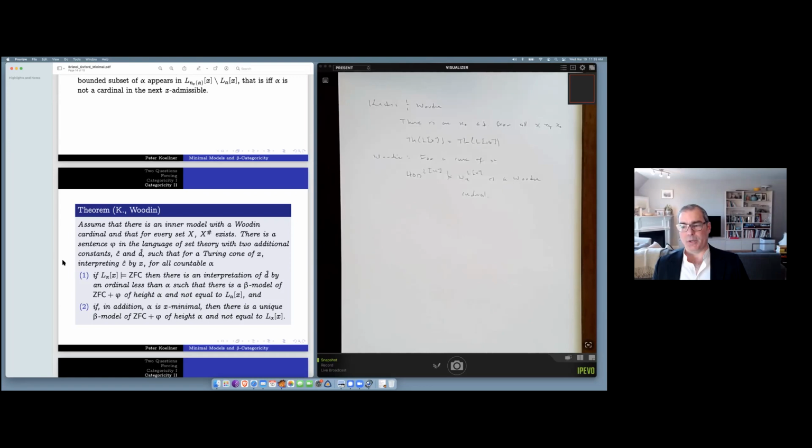Okay, so the open question that we were looking at before was trying to get around Friedman's theorem at the level of minimal ordinals by getting beta categorical theories whose minimal model was not L alpha. Now everything's relative to a real. So we're looking at beta models which are not equal to L alpha of x. And in addition, if that ordinal alpha is x-minimal, so you're not in the Friedman regime, then there's a unique beta model of height alpha, and it's off to the side of L alpha of x.